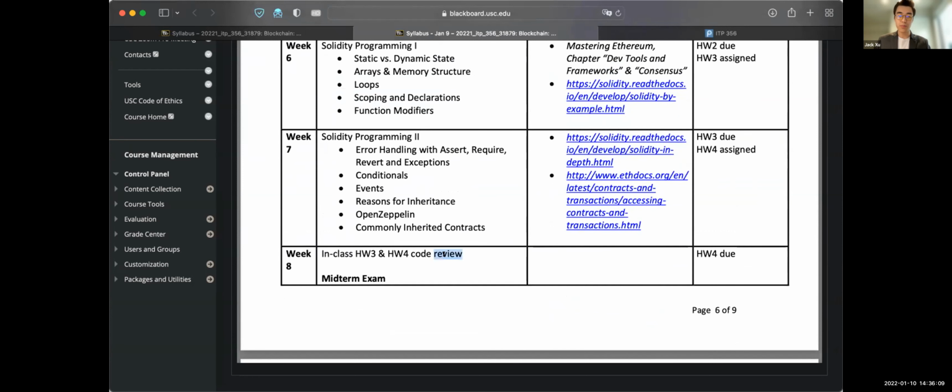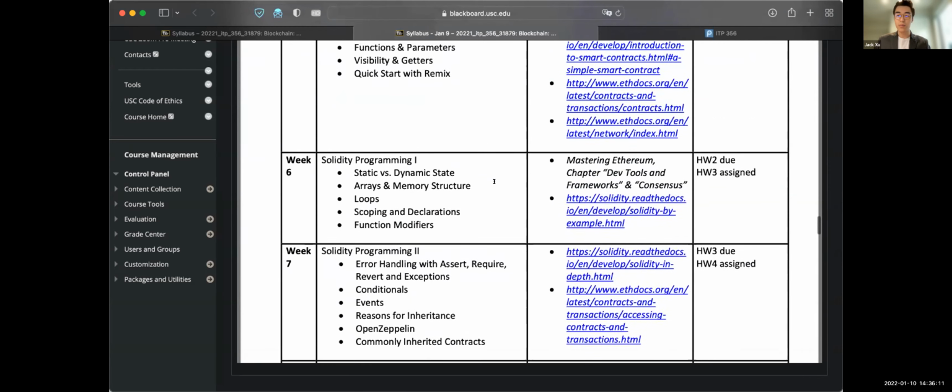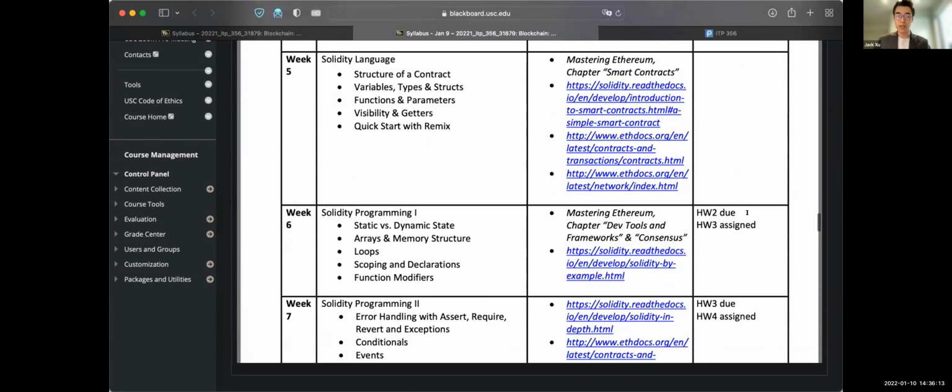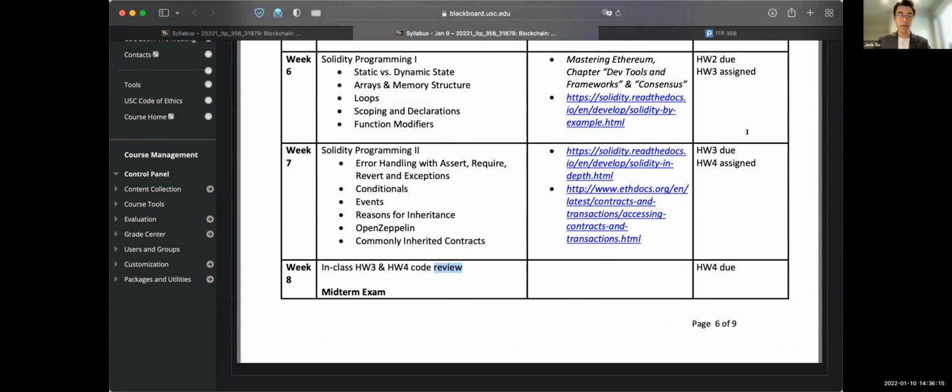Week 8, we're going to do some code reviews in class. And you see a bunch of smaller assignments, and these are all very incremental. You're not expected to start writing them from scratch. I will have a skeleton ready, and you can just fill in the blanks gradually. Gradually, the skeleton will be taken away, and hopefully you all learn how to write things on